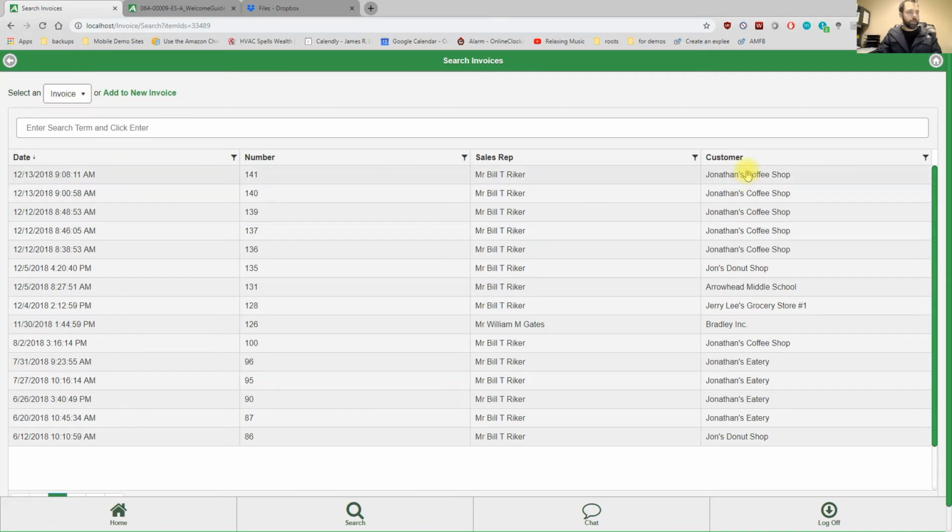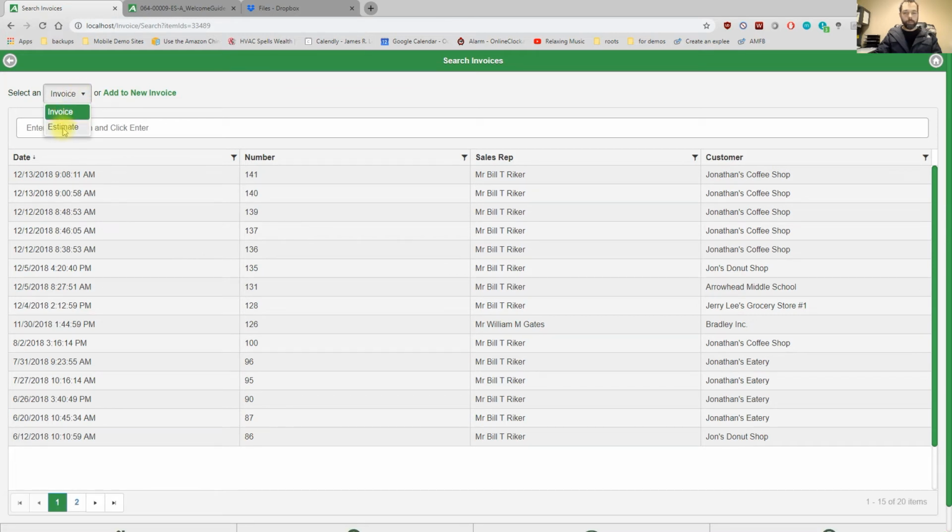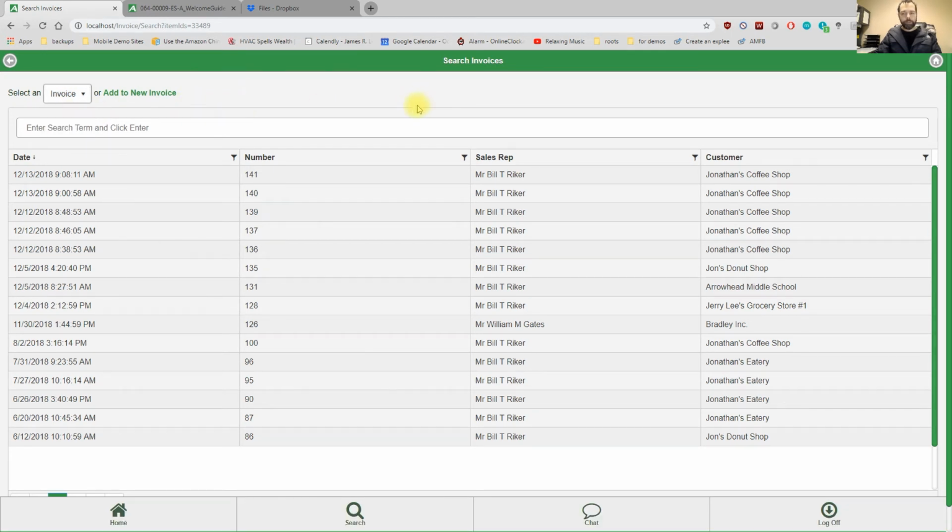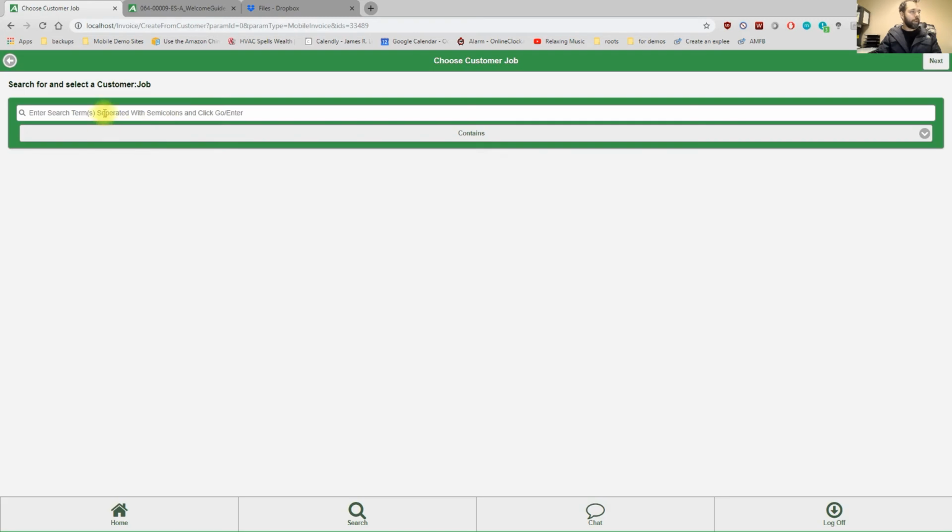And you can search by customer, you can search by estimate or invoice number and date. You can also specify, do I want to add this to one of my already made estimates or invoices right here. Now if you want to start from scratch and you're making an invoice or estimate from scratch, you just click this add to new invoice button right here,